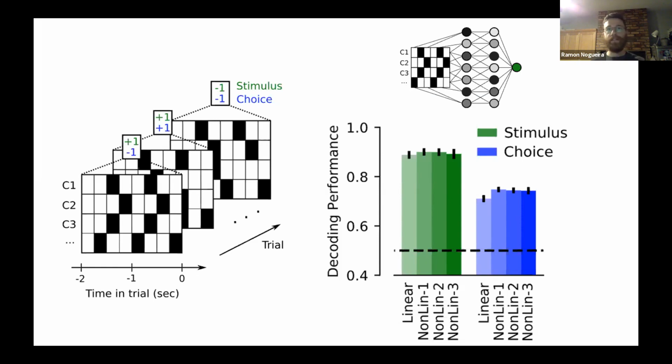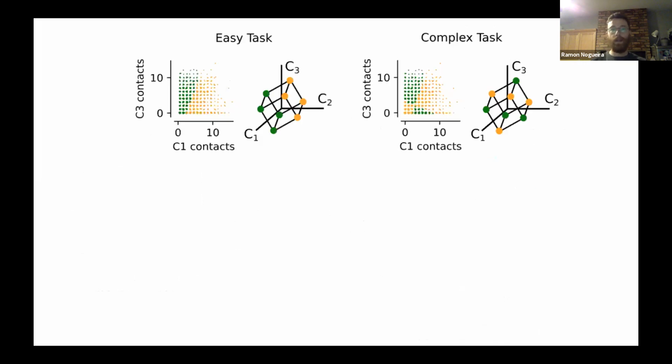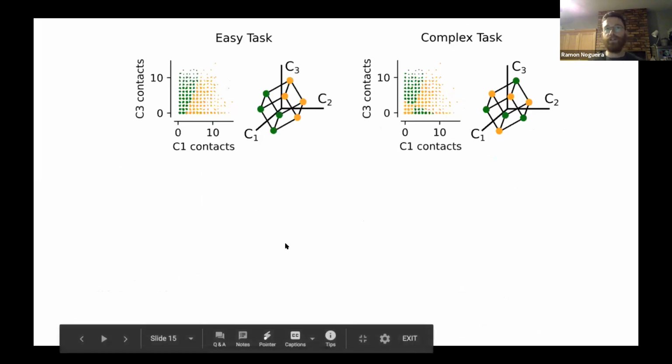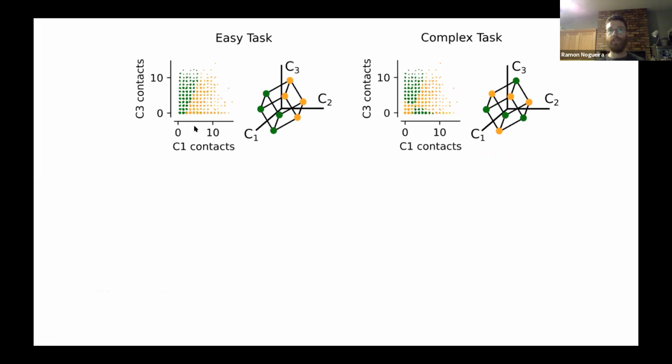All right, so based on this spatiotemporal pattern of whisking gathered by the animals, we created two new virtual tasks, what we call the easy and the complex task. The easy task was defined as a linear combination across whisker contacts. By construction, the easy task is a linearly separable task with respect to the whisker contacts. Here I'm showing a two-dimensional representation, but it is actually defined in a three-dimensional space spanned by the three whiskers